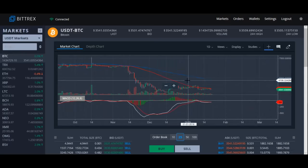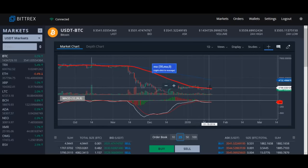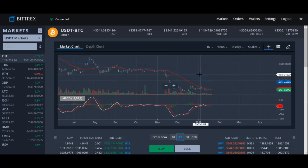I do know that the 100-day and the 50-day, first of all, the 50-day is coming over the chart. That would suggest it's getting ready to dump. And the 100-day is still pretty far off. The 200-day is even farther off. But the way these are looking,